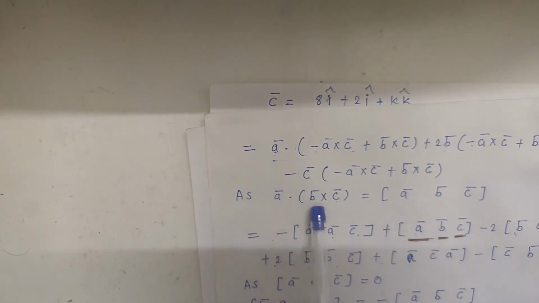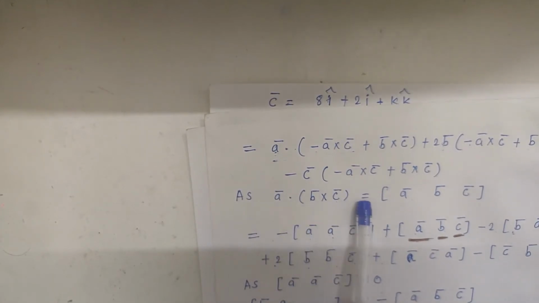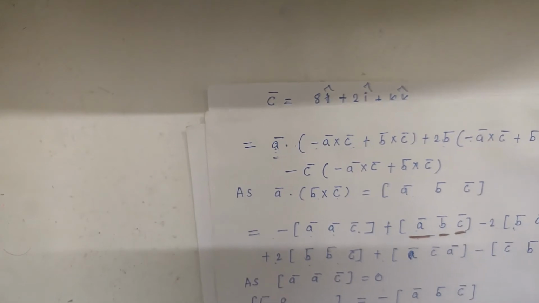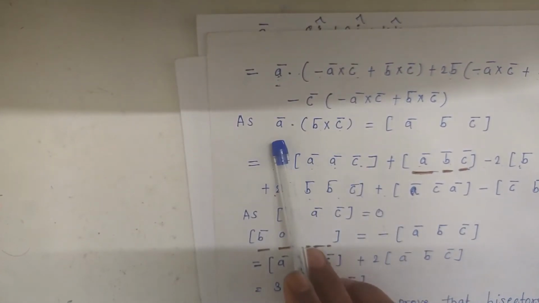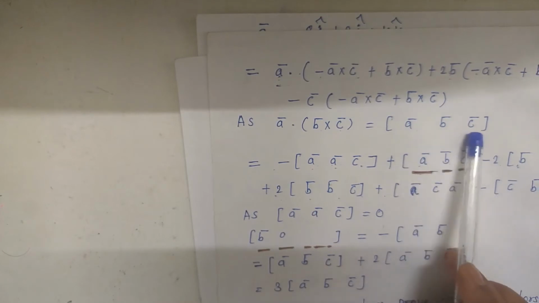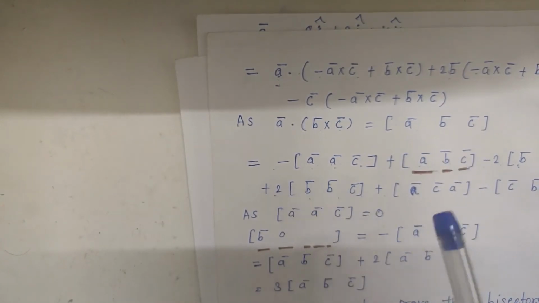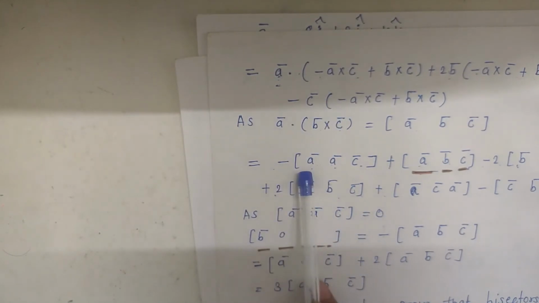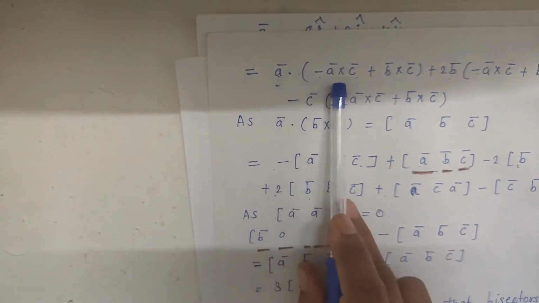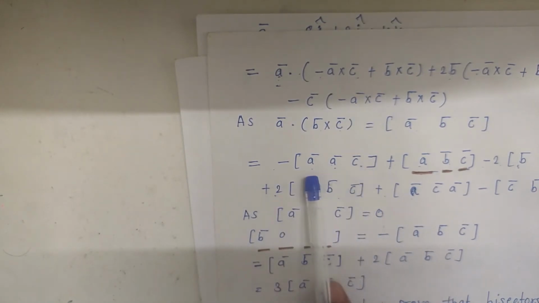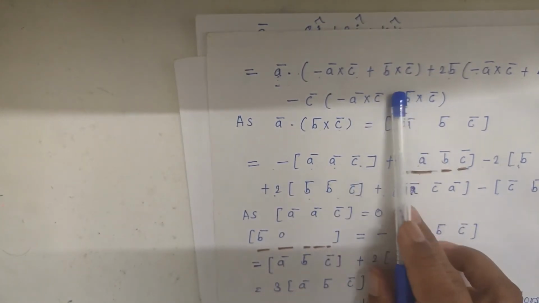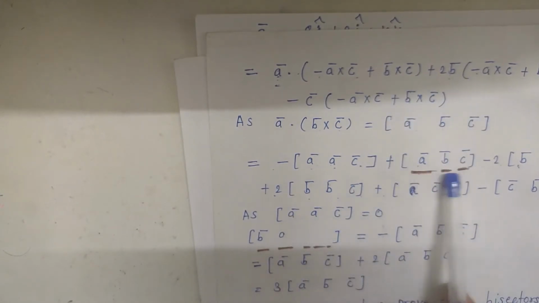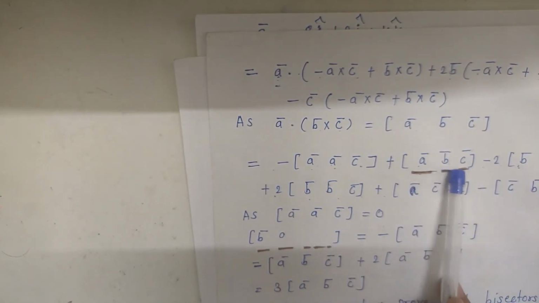Now we know that the scalar triple product of vectors a bar, b bar, c bar can be written in this way: a bar dot b bar cross c bar. This is called the scalar triple product, and this product can be written as the box product of a bar, b bar and c bar. Now substituting the value of this scalar triple product in the box product, we get the first product minus, taking the minus sign outside of the bracket, then we get a bar, c bar, box product of these three vectors a bar, c bar. Next, box product a bar, b bar, c bar. Right here, box product of a bar, b bar, c bar.